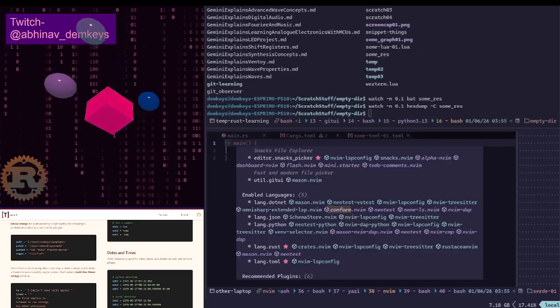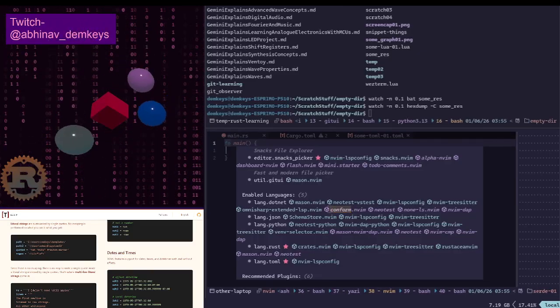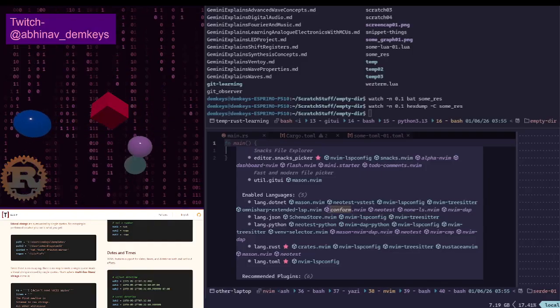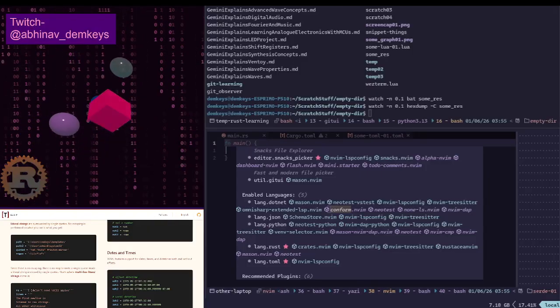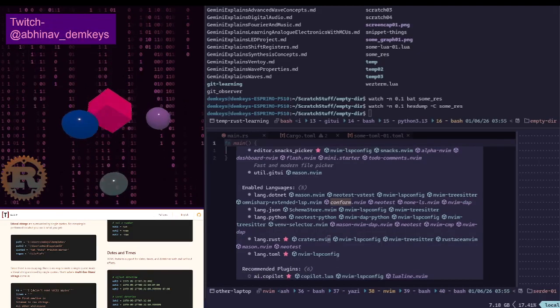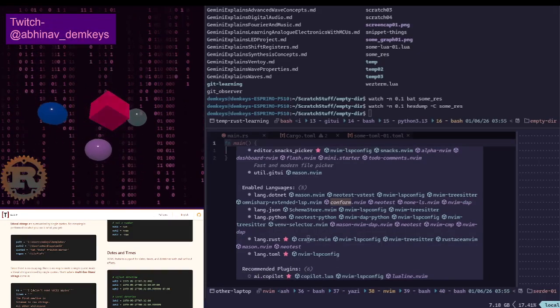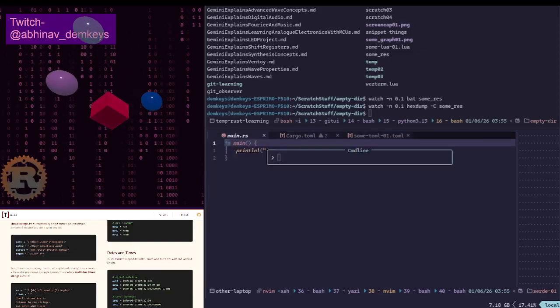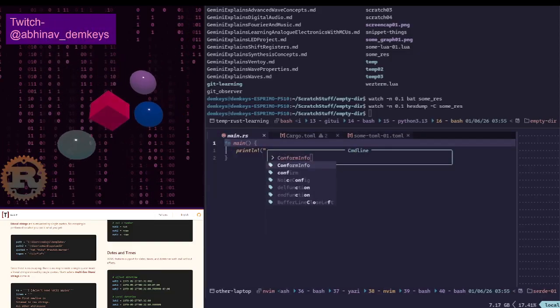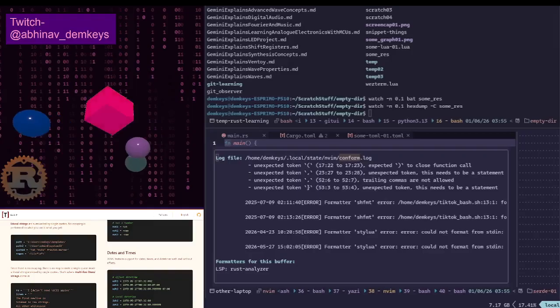I also have conform installed and running, but it's not showing up under Rust, which is interesting because I believe when I do conform info, this stuff that I'm seeing is because of